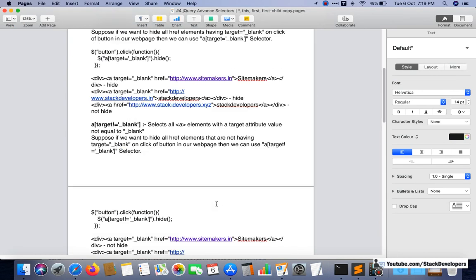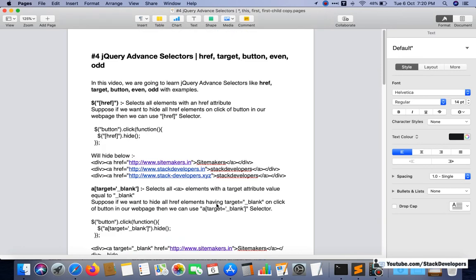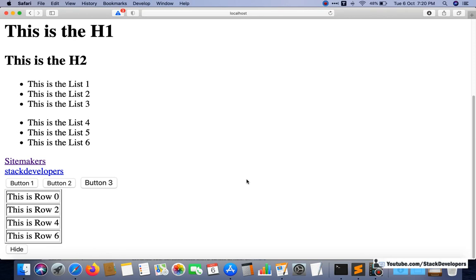Try all these selectors at your end, and they must work fine, so that you will be aware and can use them anywhere in your web page where you are making a big website, for example in your e-commerce website, like we are doing in the Laravel e-commerce series. In any other website as well you may come into a situation where you want to use such selectors. That's why jQuery has made all types of selectors, so that you never get stuck and can achieve your goal easily.